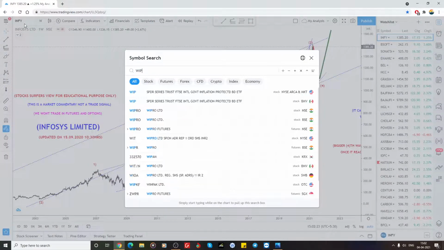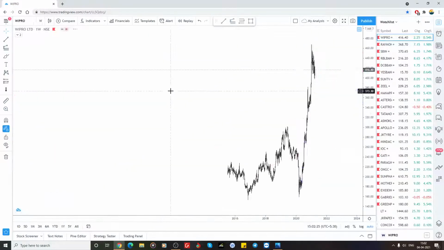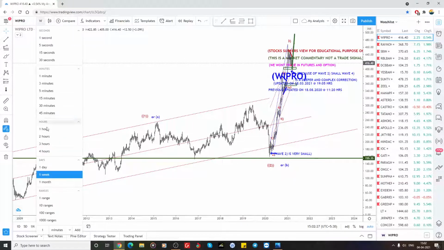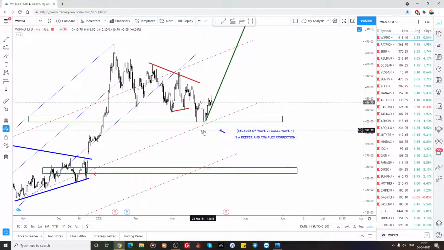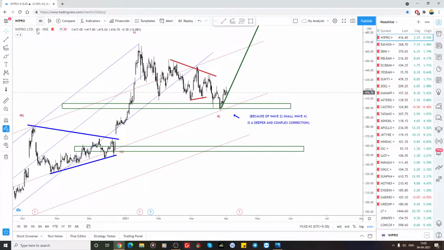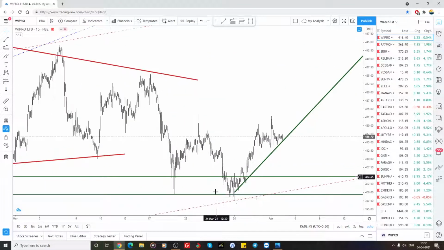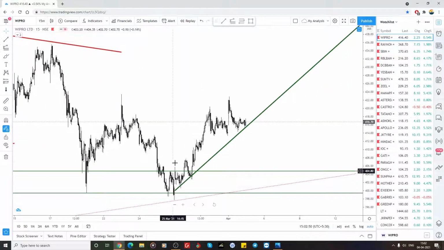And Wipro, so Wipro, there is no change, see here it happened, right? What we were looking for, that the fourth wave is a triangle, but that intermediate B wave is a triangle, and then again it went low, and now we are in that bullish move, and it looks like the five-wave structure has been completed here. So 1 2 3 4 and 5. So here is 1 2, so 3 4 and 5. So this five-wave structure has been completed.